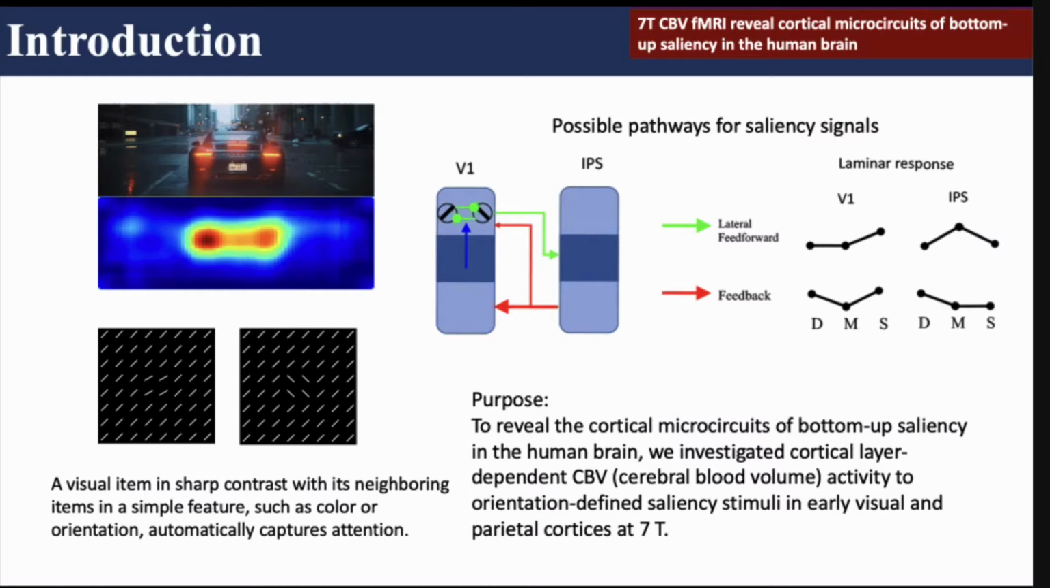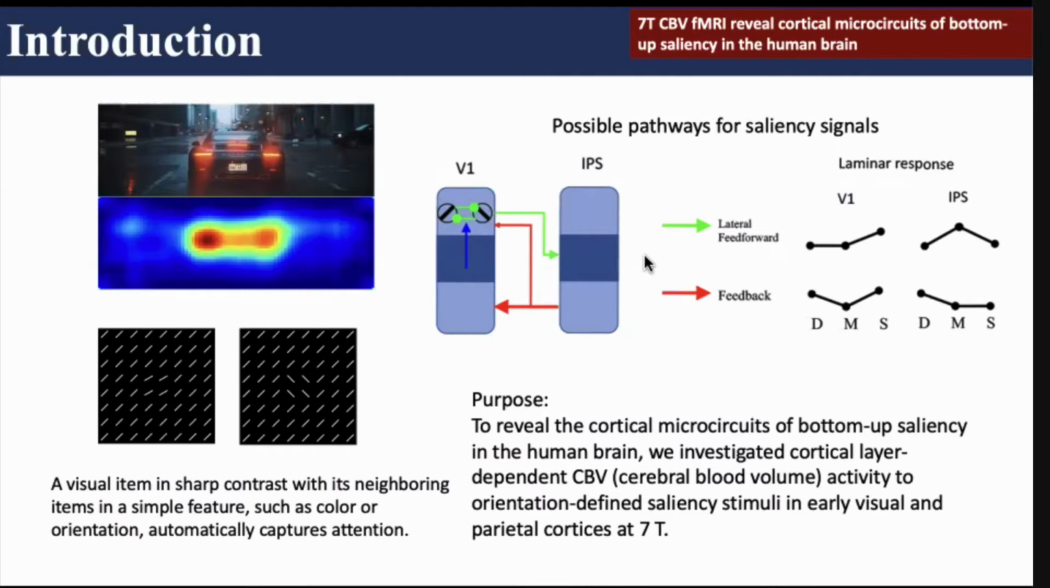And for the possible pathway for saliency signals, it has two different possible pathways. One is that the saliency signal is created in V1 and fed forward to higher-order areas, such as intraparietal sulcus, and an alternative possible pathway is that